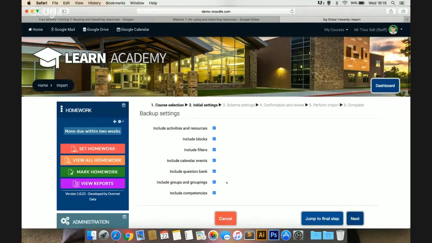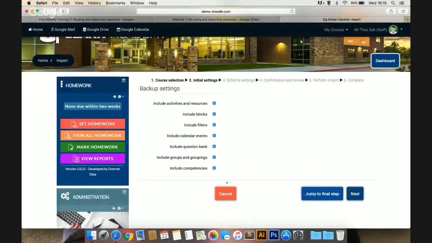And here we have the options to select what type of content you want to import. So all I'm interested in is activities and resources, because the feedback survey is an activity. I'm not interested in blocks, filters, events, question banks, groups and groupings, and competencies. So I'm just going to click on next here,